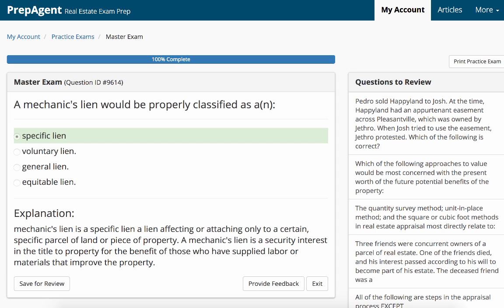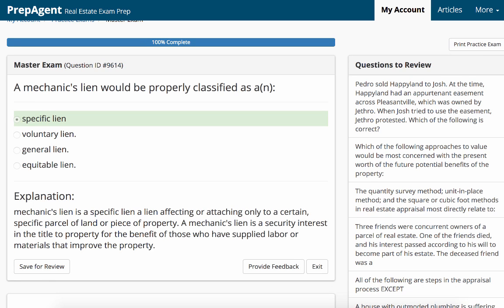Okay. Like if somebody doesn't pay child support and they lose in court, then the court can come after things above and beyond the property, correct? Yes. So that's a general lien. Okay. That's the tougher one.